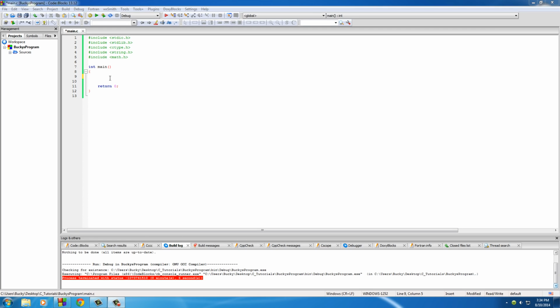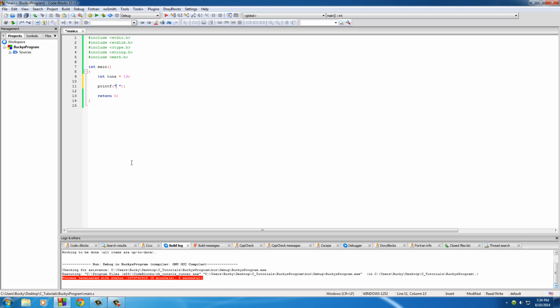So the first thing that we need to do is create any old variable, make it an int variable, and set it equal to anything you want. I'm going to call mine tuna, and set it equal to 19. So the first thing I'm going to display is how and where your computer actually stores this variable in its memory. So use printf,